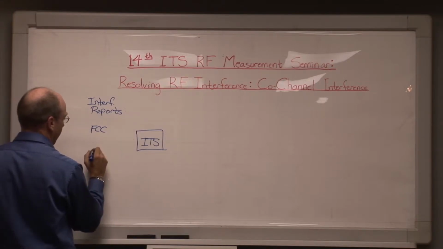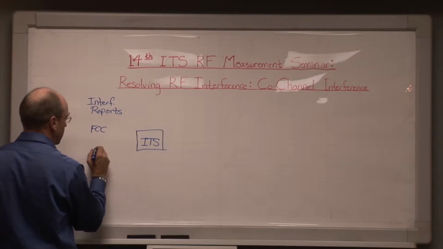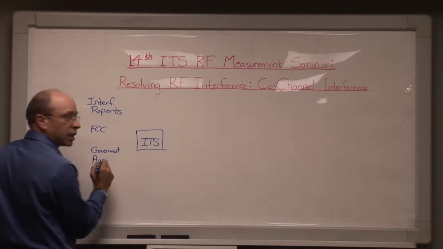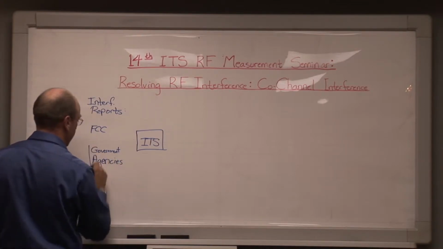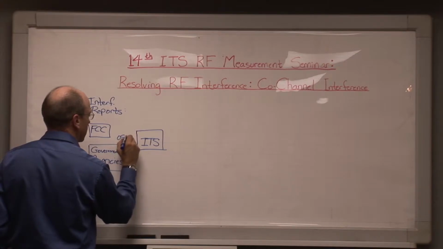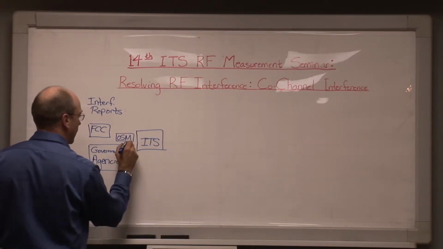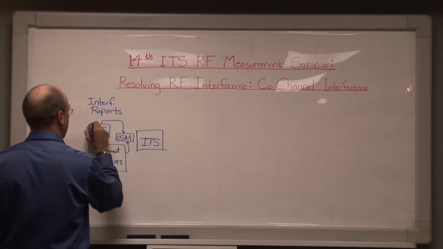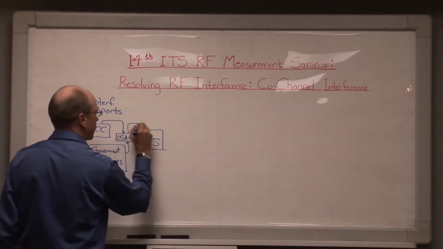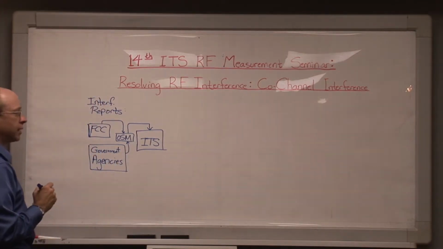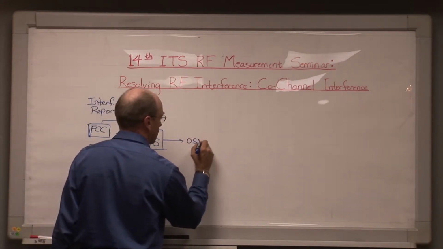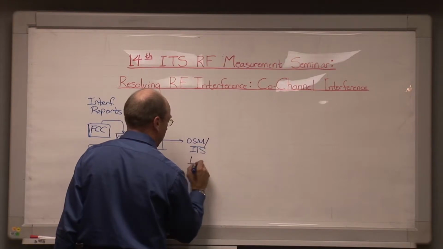They may be generated via various government agencies other than the FCC, such as the Department of Defense, the Department of Transportation, Homeland Security, etc. And typically, but not absolutely always, reports from various government agencies or from the FCC regarding interference will come to the Office of Spectrum Management, NTIA, in Washington, and OSM in turn may route those reports to ITS, and ITS in turn may work with OSM to perform an investigation